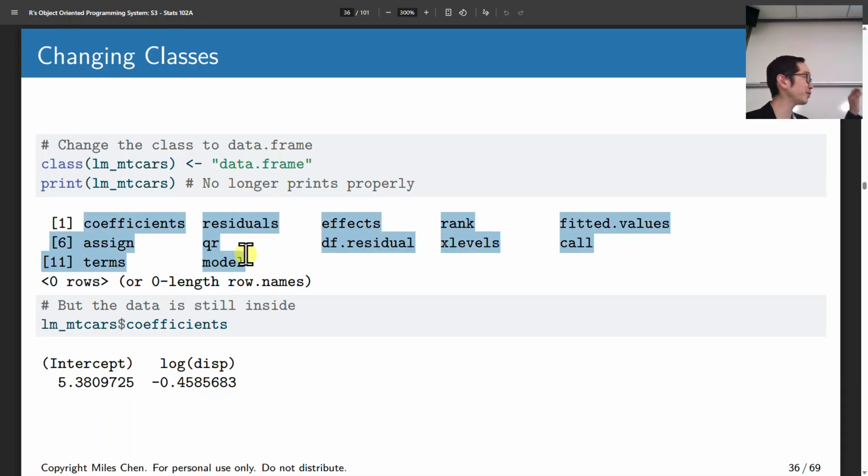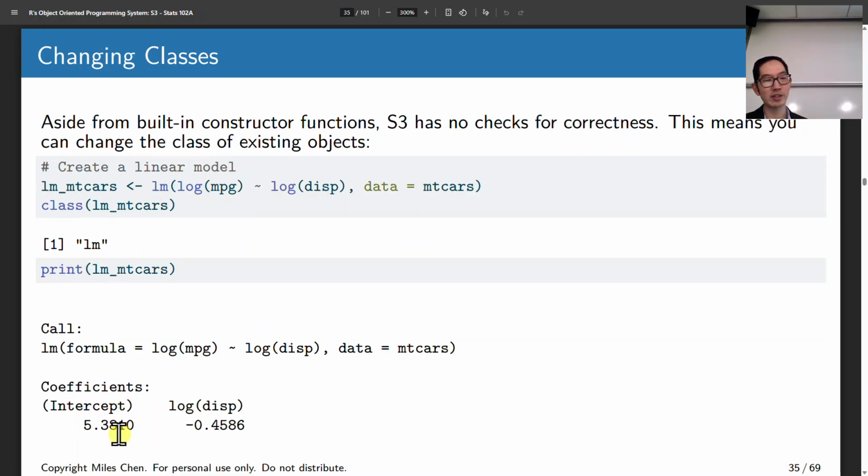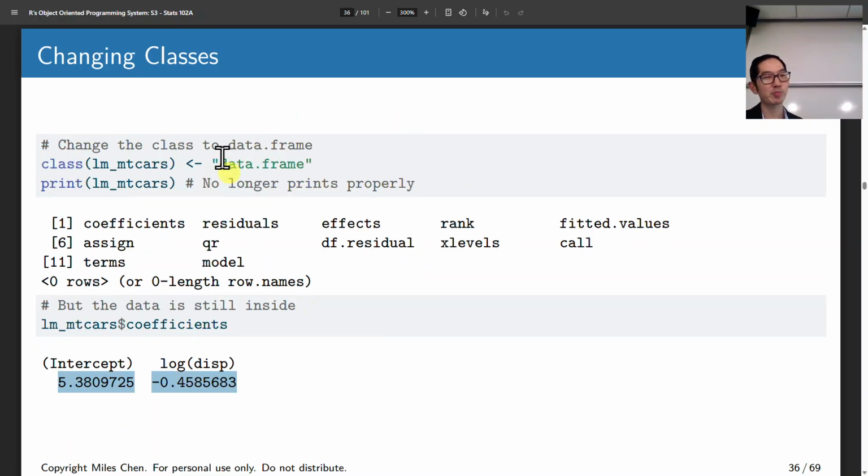There's 12 things in the thing, and with data frames, it's expecting columns. So it tries to make these the columns, and it says, I've got 0 rows now. This is weird, but okay, this is what you asked. And it does that, right? And you go, oh, yeah, that looks funny. And it feels like, do we lose the information? No, the information's there. I can still say, hey, what are the coefficients? And it still gives you the intercept and the slope,